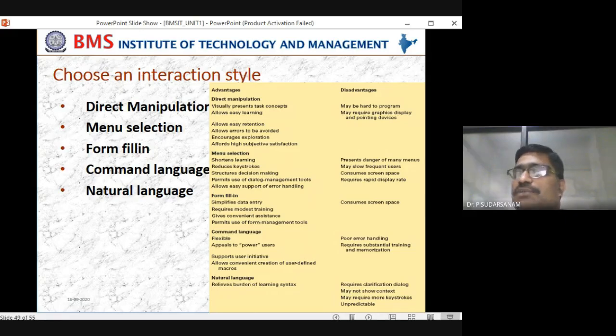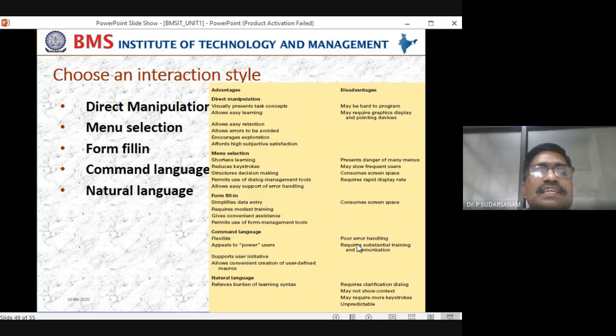So I have suggested AWK. Just enter the text file, cut that field and display it. Within 10 to 15 minutes, you can finish that one. That is, which language is comfortable for that particular task, you should be able to choose that. That is what you have to do.